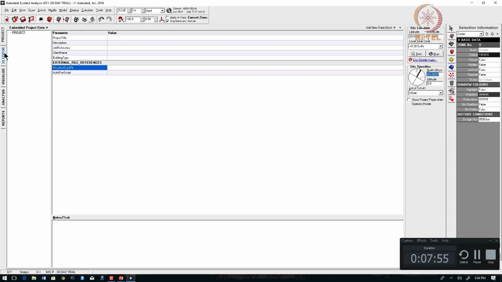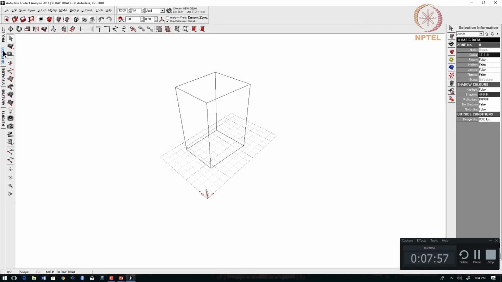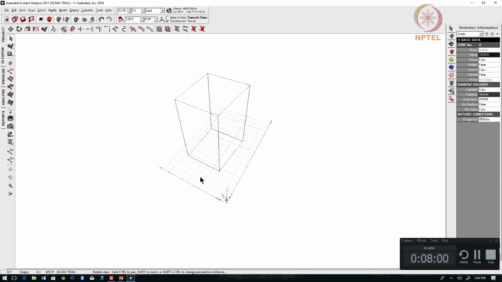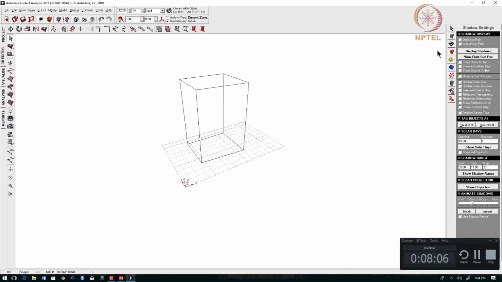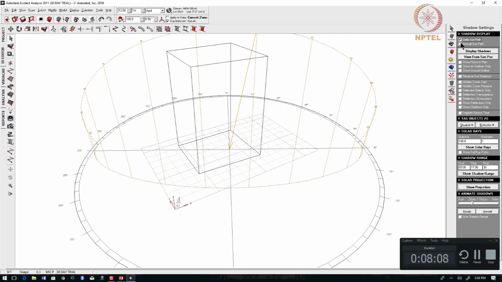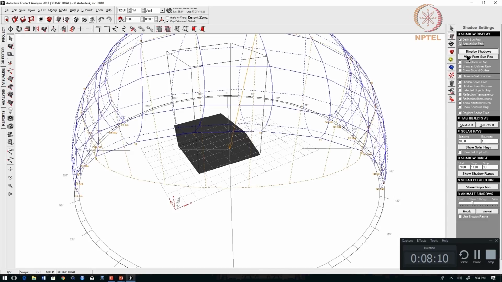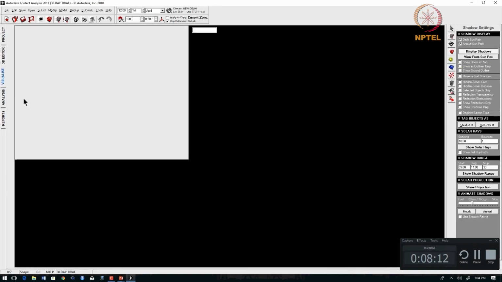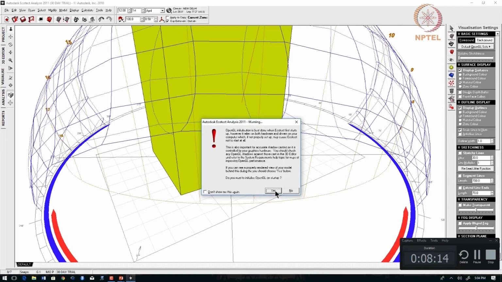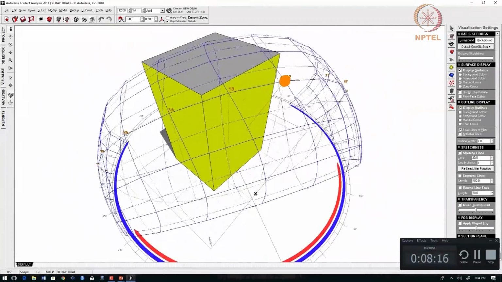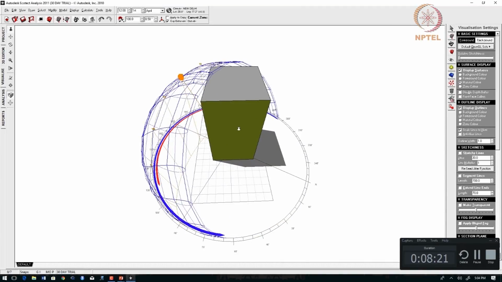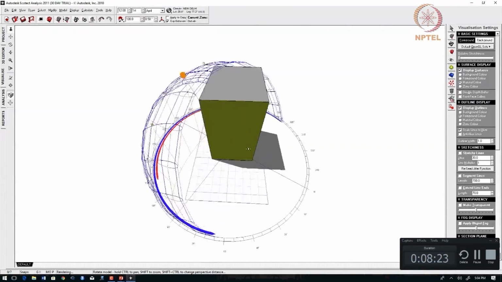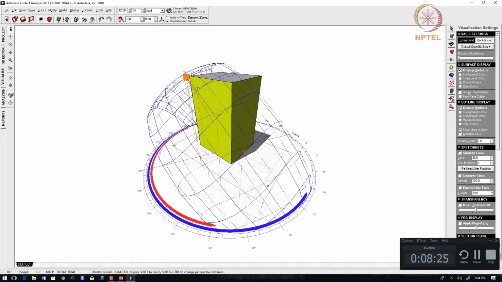Over here the next tab is 3D editor, where we have done the modeling earlier, and you can see that there are many sub tabs over here on the right side. Here I can click on daily sun path, annual sun path, display shadows, etc. If I go to visualize, you can see the building. Imagine that this is the massing of the building. So I can understand different sun angles.